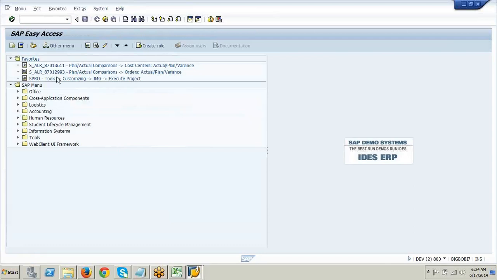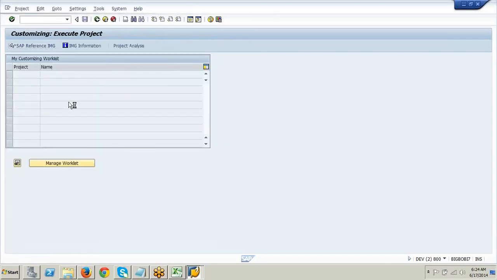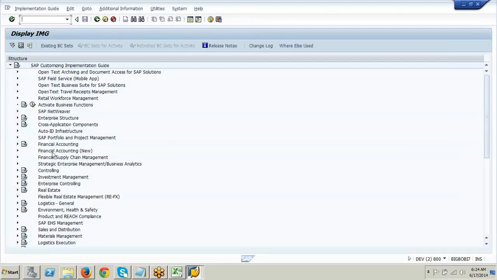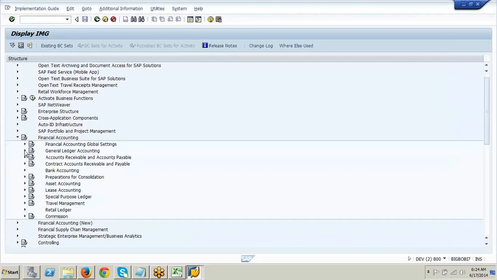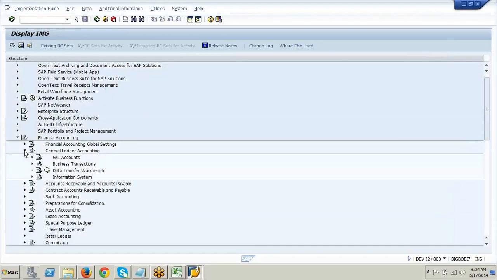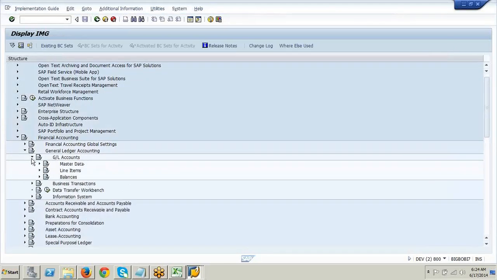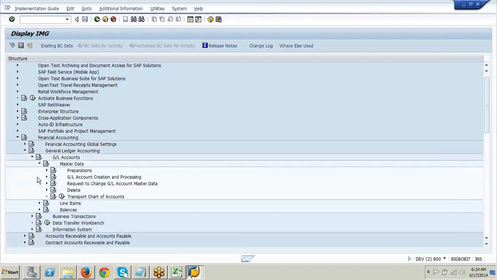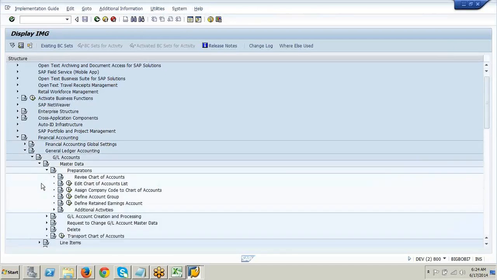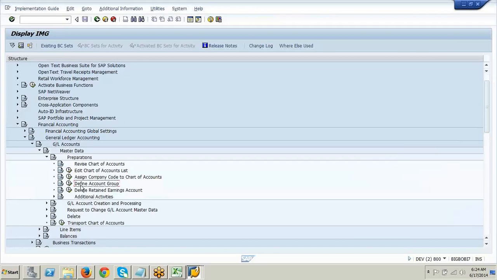Now, let me go to the account group level. I hope you remember what an account group is, right? Where we grouped our GL accounts. Define account group.